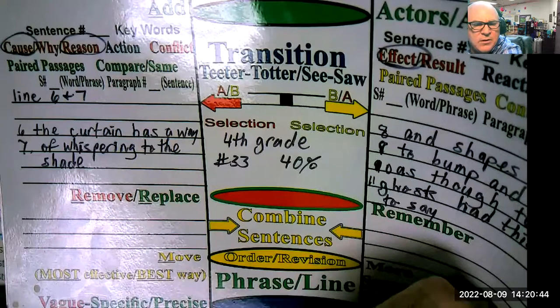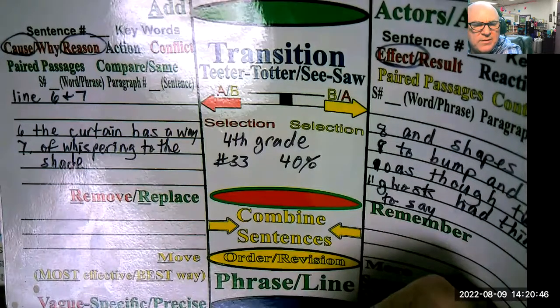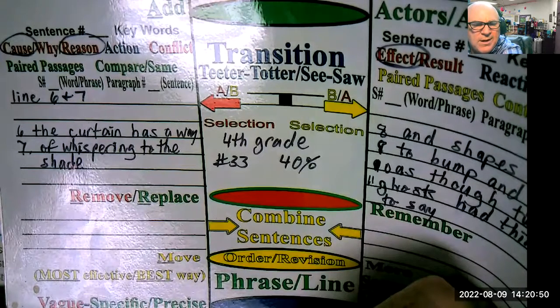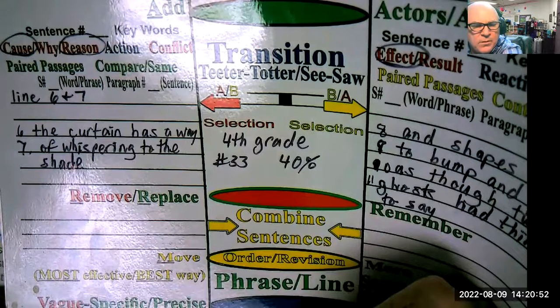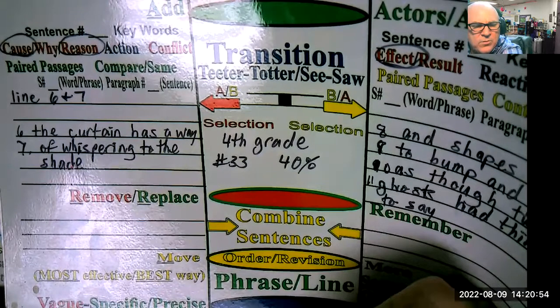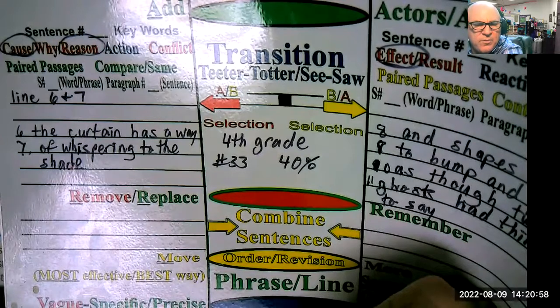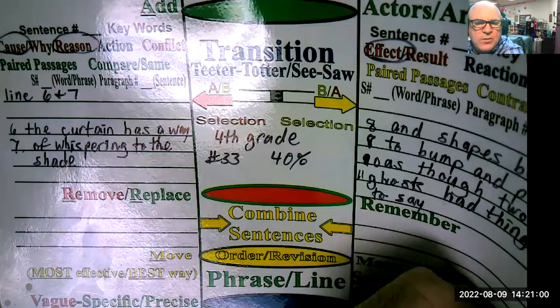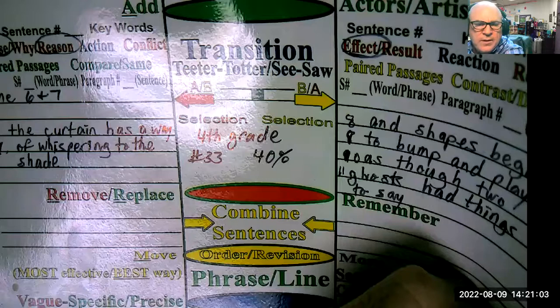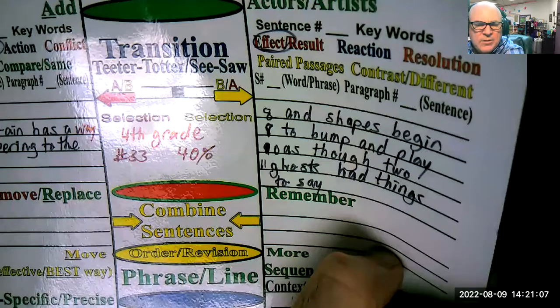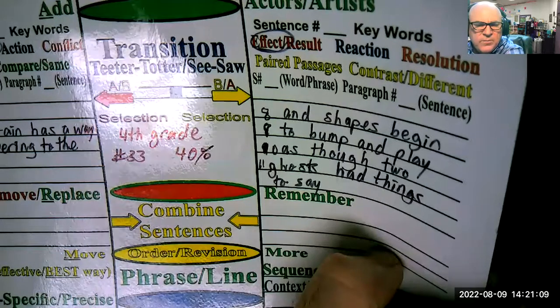Line 6, the curtain has a way of, line 7, whispering to the shade. Since curtains cannot whisper, that's why it's called figurative language. 4th grade, number 33, 40%. And so then we look forward at line 8. Shapes begin to bump and play as though two ghosts